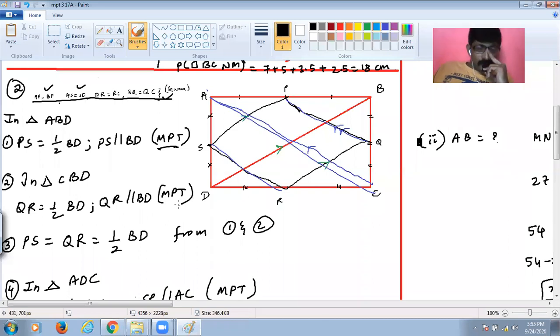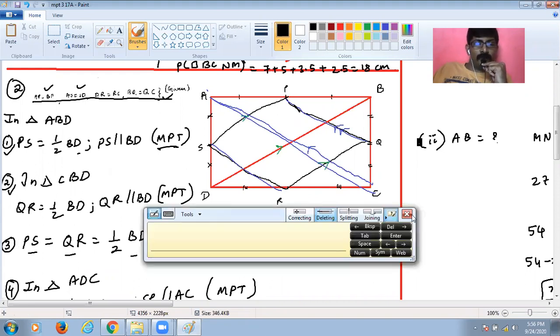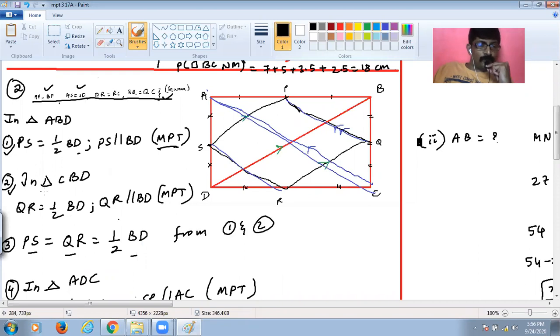Now, students, it's a time to understand about these two statements. Statement number 1 और statement number 2 में हमने क्या समझा? देखो PS is half of BD and QR is also half of BD. So PS is equal to QR. They are half of BD. You understood this? Okay, now statement number 3 is little important. We will think about this little later. Okay, so we'll just note it down. So this statement is very important.